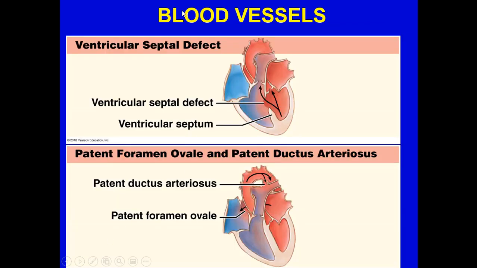Now, there are several defects that I want you to be aware of. You need to know all of them. First one is a septal defect. In this ventricular septal defect, this interventricular septum did not completely form. Hence, what do you have? You have a mixing of oxygenated and deoxygenated blood. This is going to lead to problems of proper oxygenation